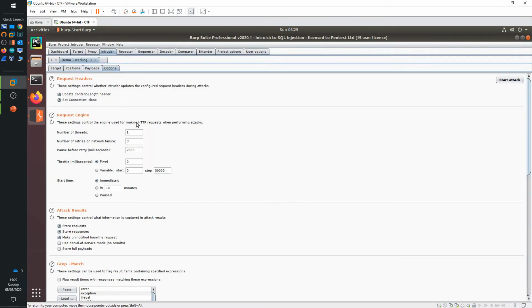So in options, I also want to make sure that I have one thread, and that's because if you're injecting things that cause time delays, you might have a bit of a problem if you're threading it. So for me, I've had mixed experiences with this in the past, so if I'm going to be doing this manually, I would encourage you to take one thread. So if we go ahead,